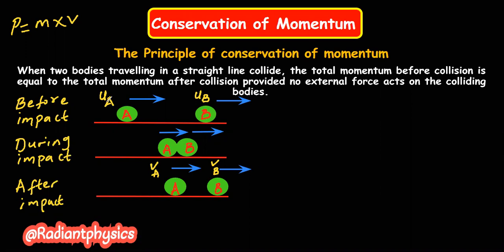So to find the equation of the conservation of momentum, since the principle states that when two bodies traveling in a straight line collide, the total momentum before collision is equal to the total momentum after collision, provided no external force acts on the colliding bodies, I'm going to write it here, which means that the total initial momentum, this is before collision, initial momentum